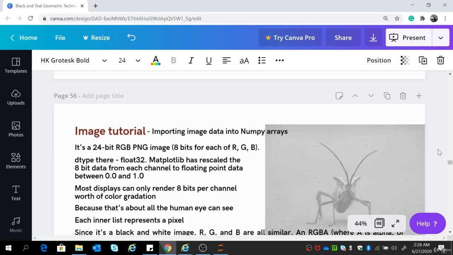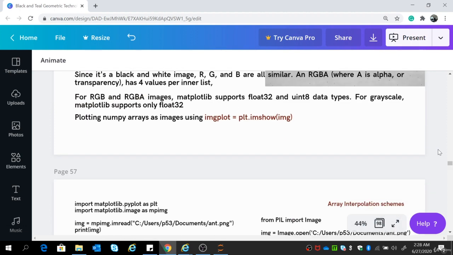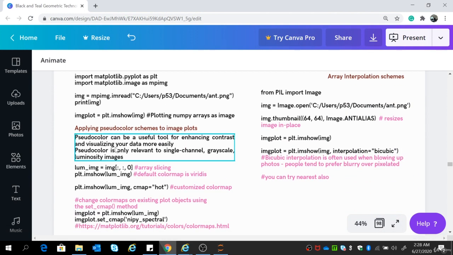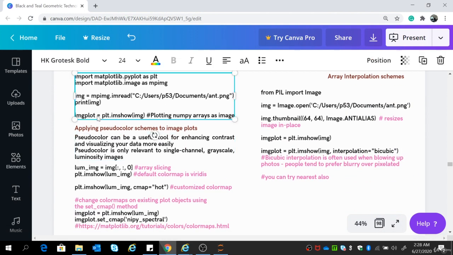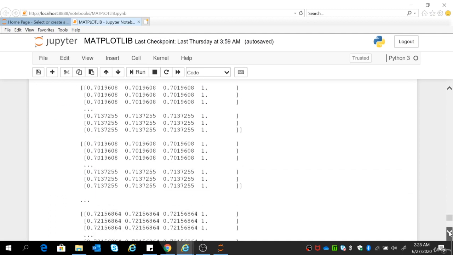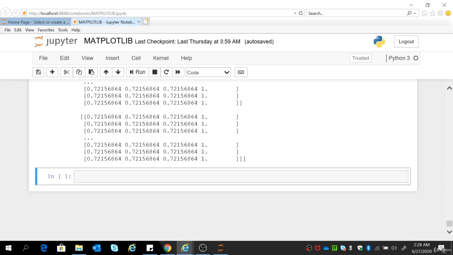Clear? It's simple, very simple. It seems difficult, but that's not the case. We have done more difficult things than this so far. Then you can reverse it also. That means if you wish, you can plot an array into an image. If there is some image which you have already stored in the form of a numpy array, or you have written some array for an image, then you can use this function